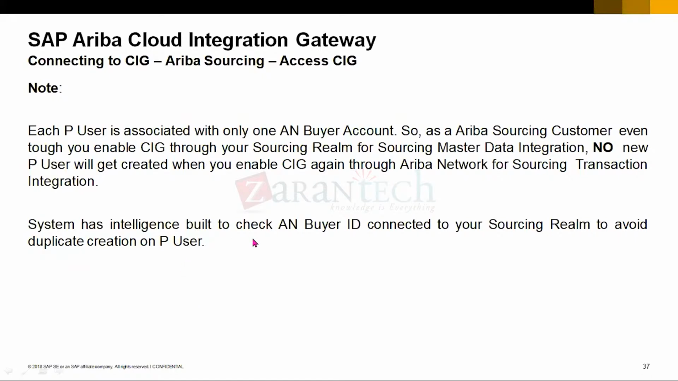We can see in this slide, it is saying each P user is associated with only one AN bar account. So as an Ariba sourcing customer, even though you enable CIG through your sourcing realm for sourcing master data integration, no new user ID will get created when you enable CIG again through Ariba Network for sourcing transaction integration. And the system has the intelligence built in to check the AN bar ID connected to your sourcing realm to avoid duplicate creation